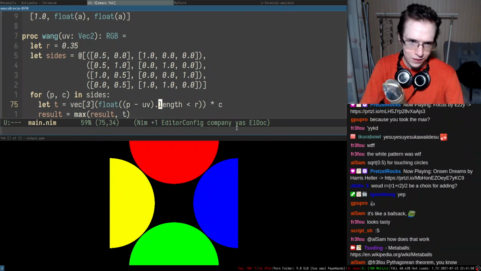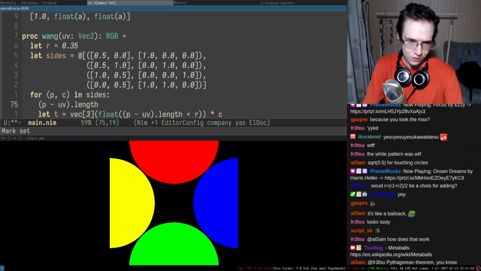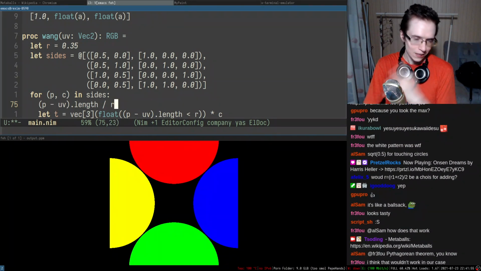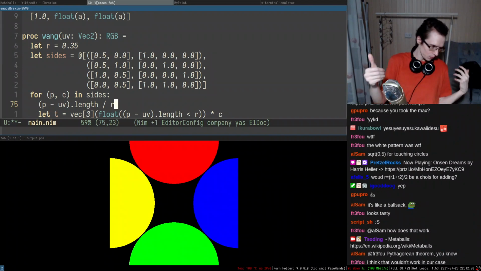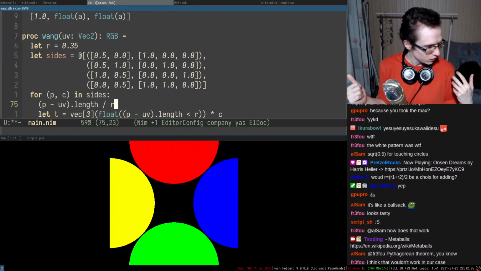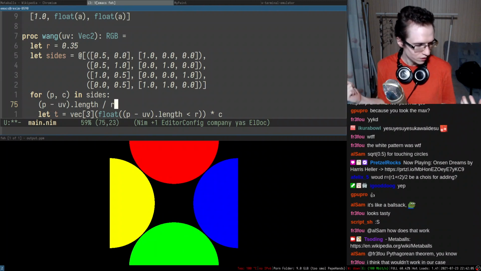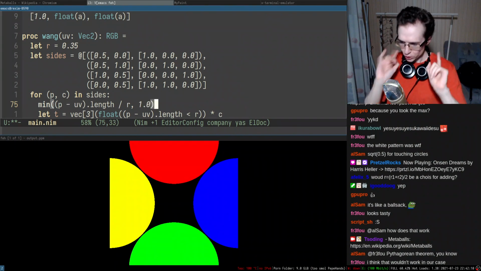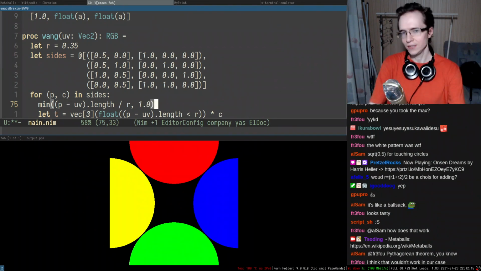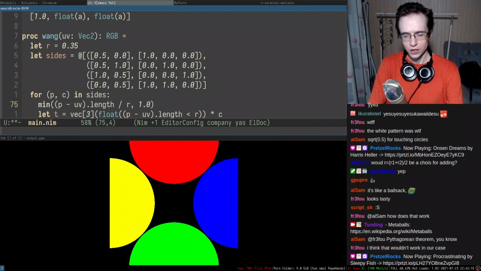So we can just grab this length, divide it by the radius, and I suppose we also want to clamp it, because the bigger it is, the closer it's going to be to 1, so we'll have to take a minimum between that and 1, but we also want to invert this entire thing, so we'll do 1 minus this entire thing.